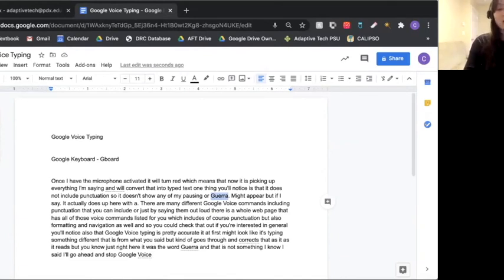You can also copy and paste what you've typed with Google Voice Typing into Kurzweil to listen back to everything that's been typed to help you catch any errors that might be in the document that you spoke out loud. But this is a very helpful tool for some students, so that's why we wanted to introduce it to you today. So that is all that we have for our reading and writing workshop for today.